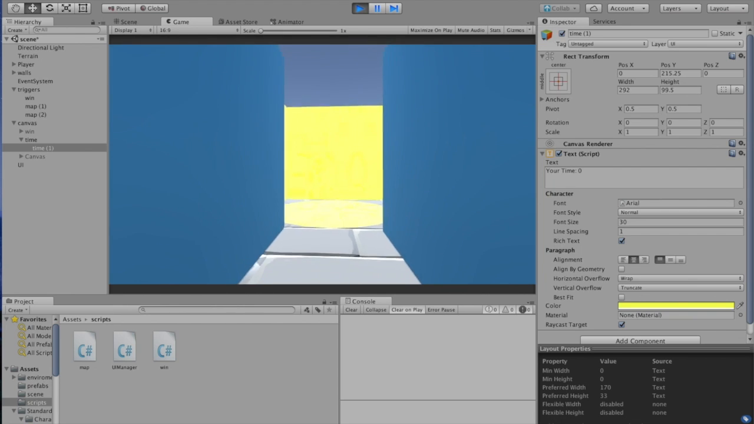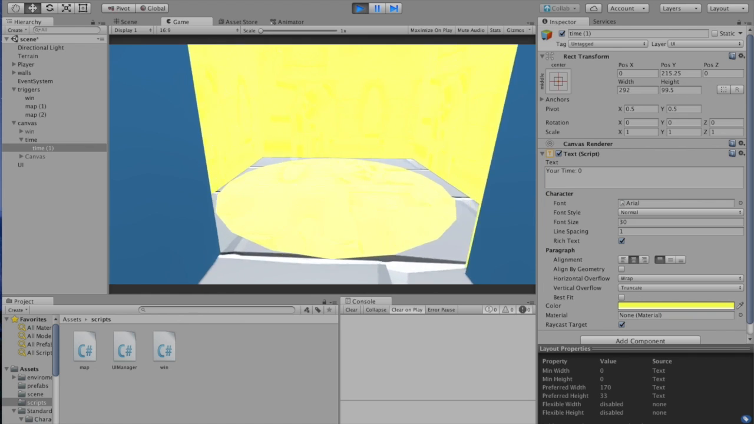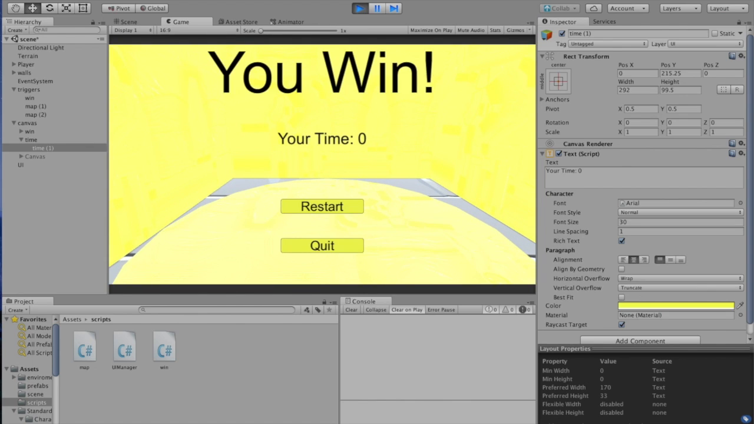So this is the exit. It's a bright yellow room, and after you enter, it will show